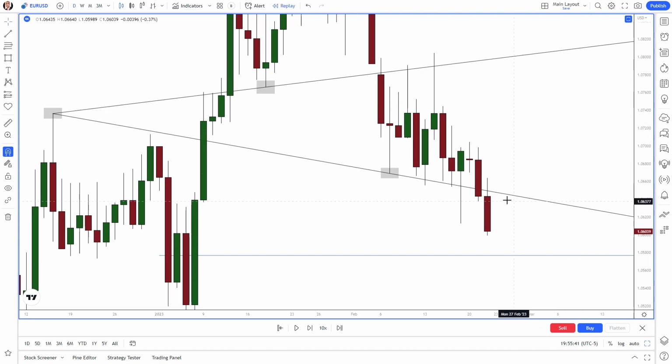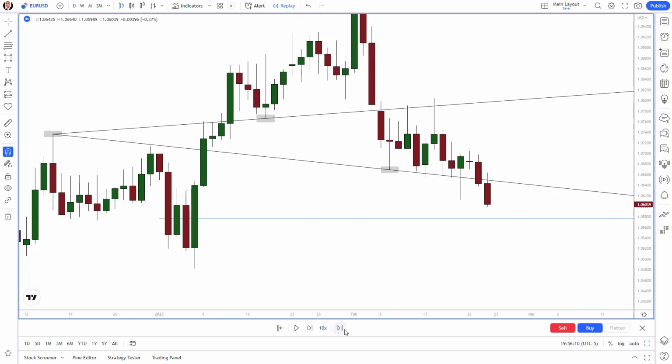Okay, but I entered a second short here because this trend line told me, even though we closed below it with this candle, that, okay, we're under this trend line now. The market may be going lower, and this is the reason why I entered another short. Now I have one short over here still from 1.0788, and then now another one at 1.0645. Okay,